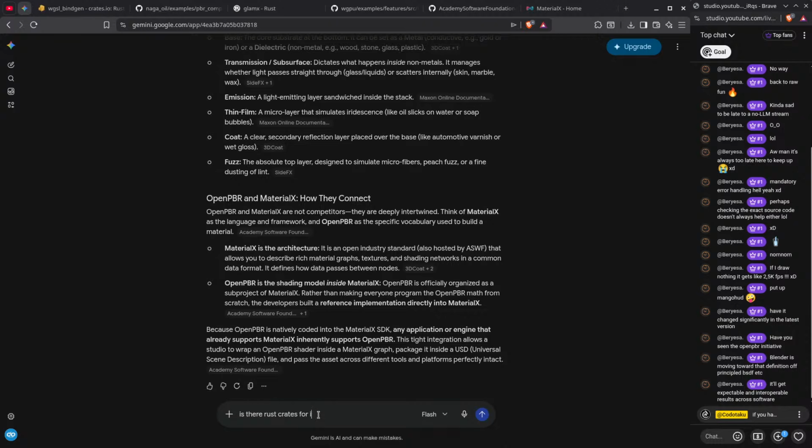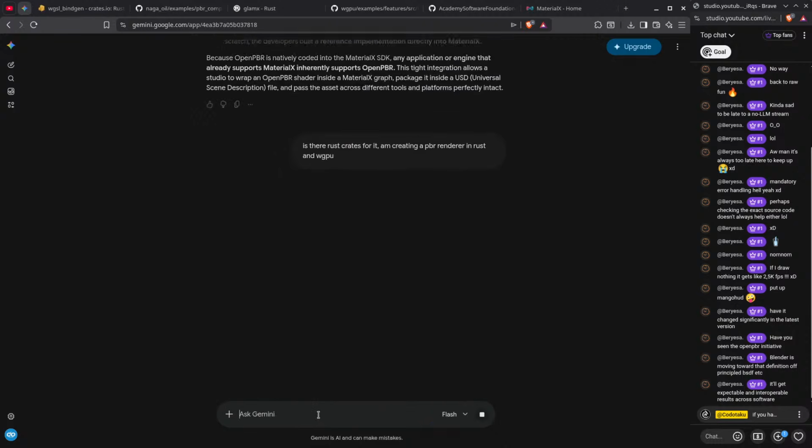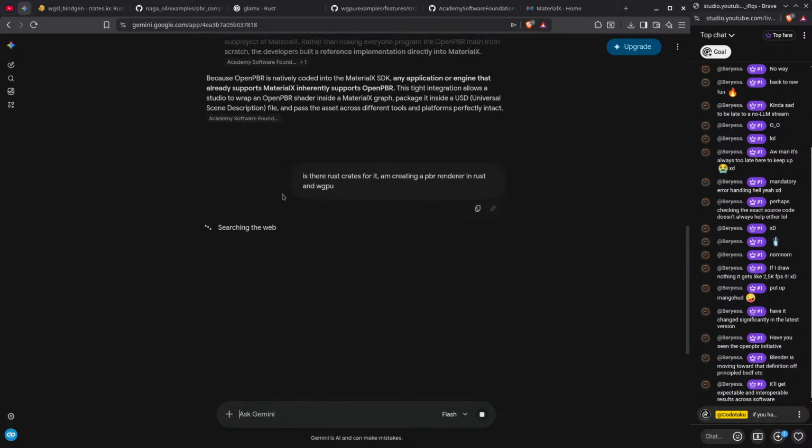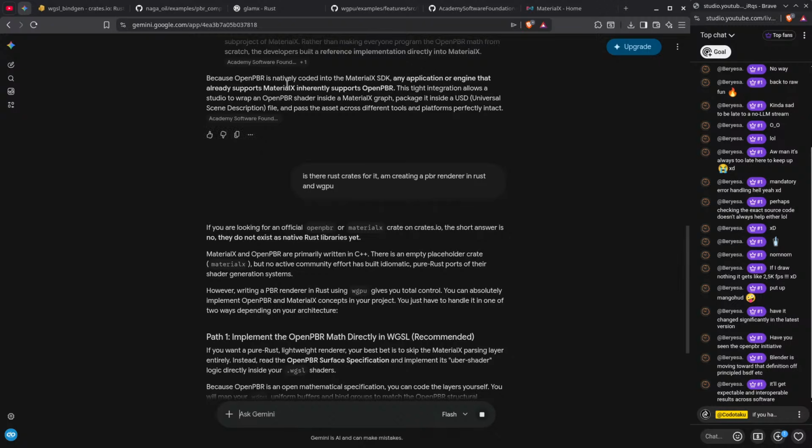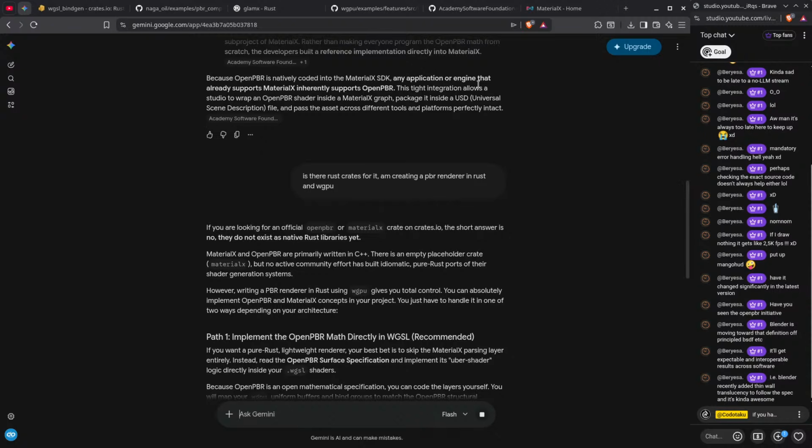Is there Rust crates forge? Creating a PBR render in Rust and WGPU. Blender recently added thin wall translucency to follow the spec, and it's kinda awesome. That's interesting. Because OpenPBR is natively coded into